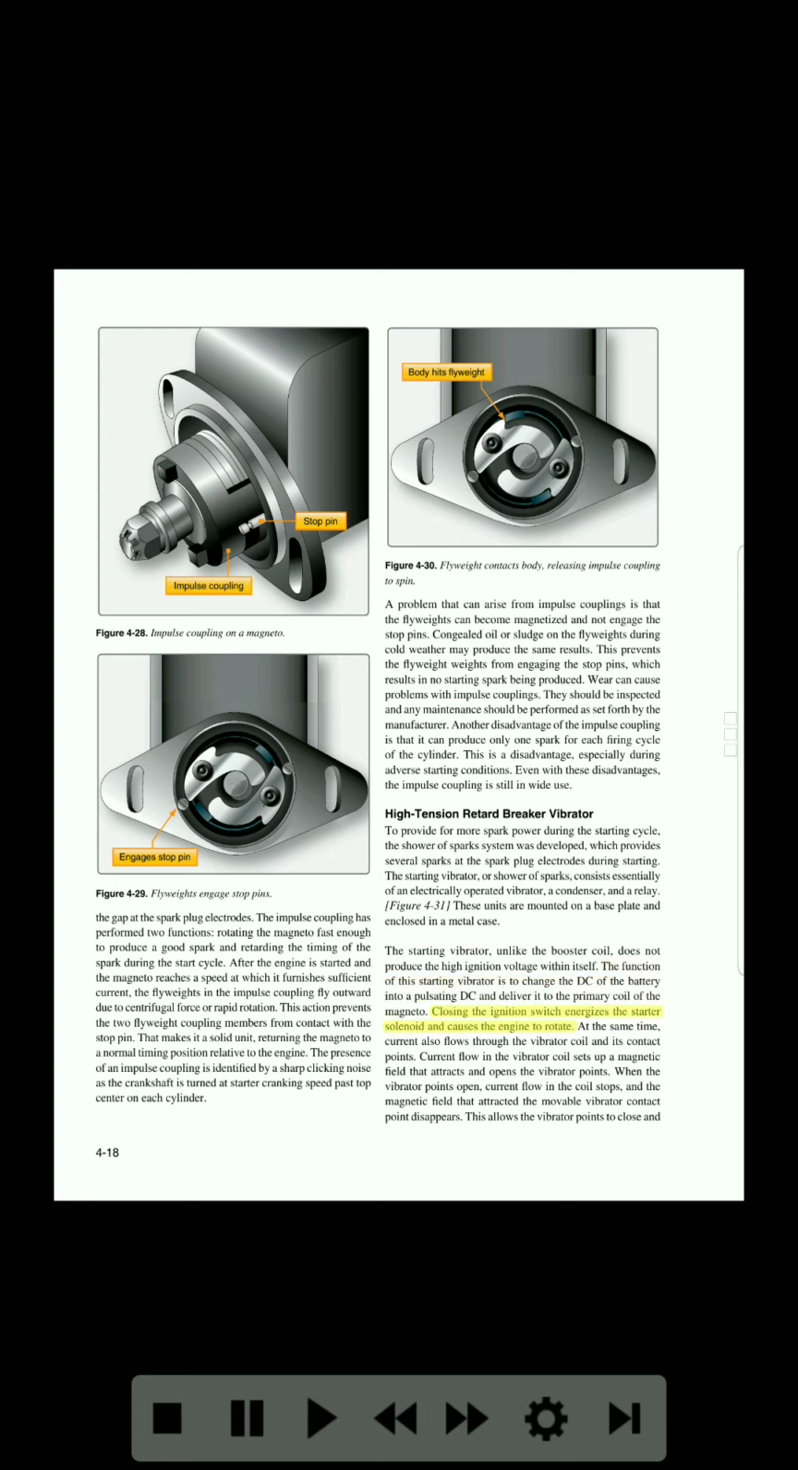Closing the ignition switch energizes the starter solenoid and causes the engine to rotate. At the same time, current also flows through the vibrator coil and its contact points. Current flow in the vibrator coil sets up a magnetic field that attracts and opens the vibrator points. When the vibrator points open, current flow in the coil stops, and the magnetic field that attracted the movable vibrator contact point disappears. This allows the vibrator points to close and